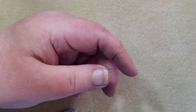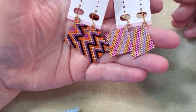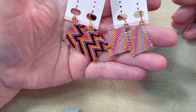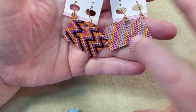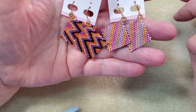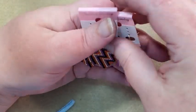When I was going through my earrings to find some examples, my husband was there, and he pulled these out and he said, "Here, you forgot these." And I said, "No, these are peyote." But it is hard to tell the difference between brick stitch and peyote sometimes. But this is peyote. It's just even count peyote made into a square and turned into an earring. But he was just insistent that this was the same as these others that I had pulled out, and I guess he thinks he knows more about it than I do. But anyway,